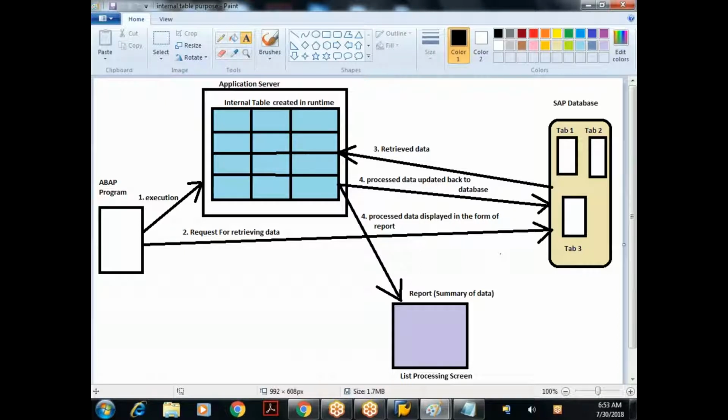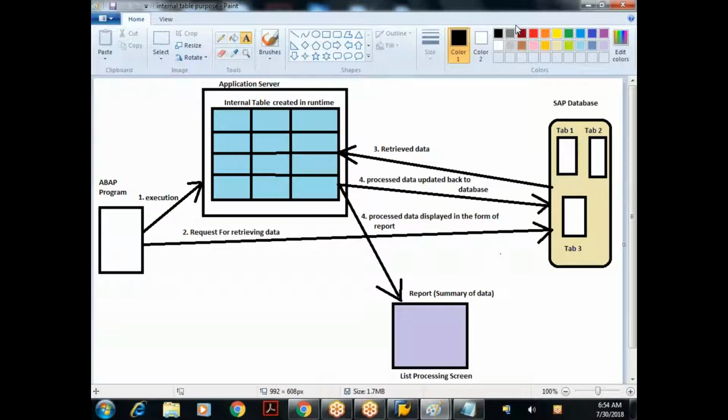Once the data is processed in the internal table, I can update it back to our database, or display it in the form of a report to the user. By analyzing this report, we can interpret the data and take some business related decisions. That is the job of the internal table.